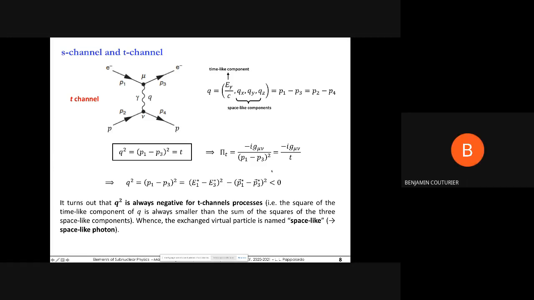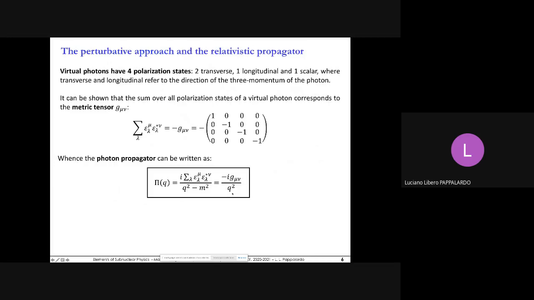So the propagator, I don't know if I understand your question, but the propagator in general for the photon is given this way. This is general, always true. Now it depends whether your process is an S channel or a T channel, and in that case you can substitute here either the S Mandelstam variable or the T Mandelstam variable, because to ensure momentum conservation at the vertex,